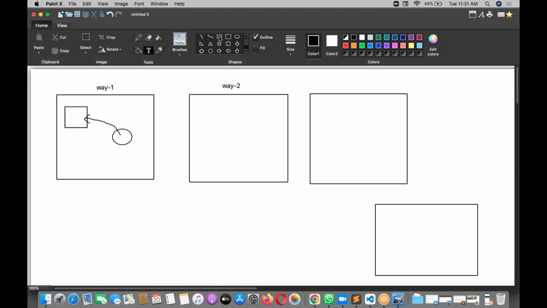In way two, this is our HTML file and this is our images folder, and I want to have more and more images in the images folder. I just want to place all these images into the HTML file. What I want to do for that? And way three. What is the way three?